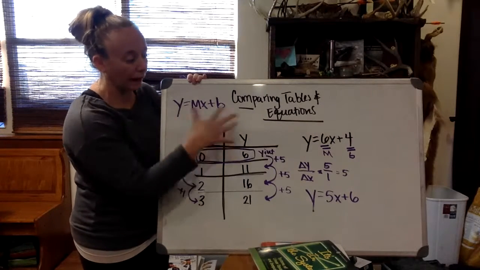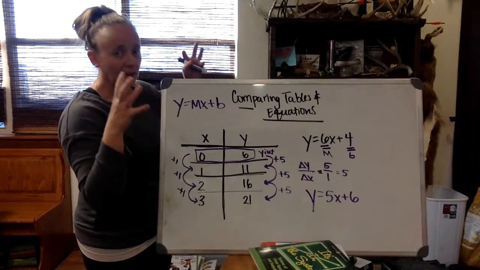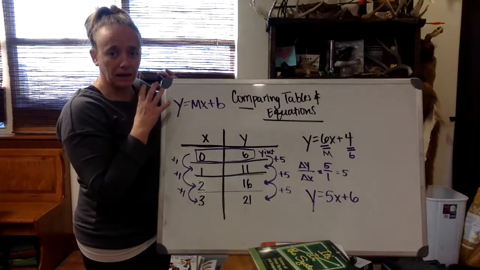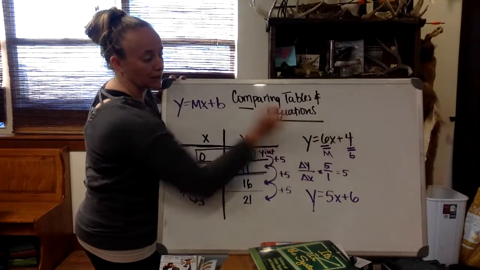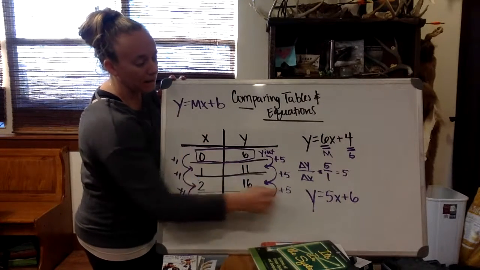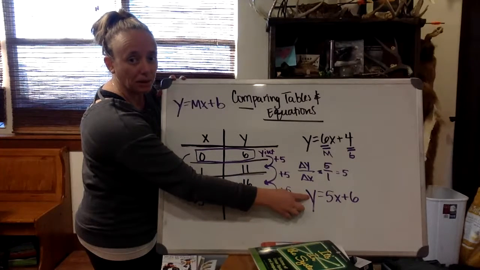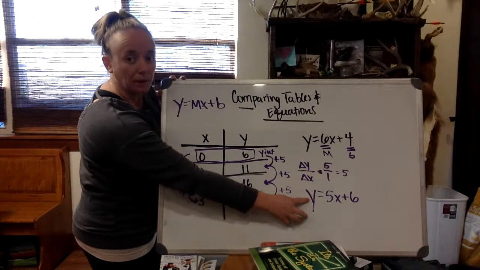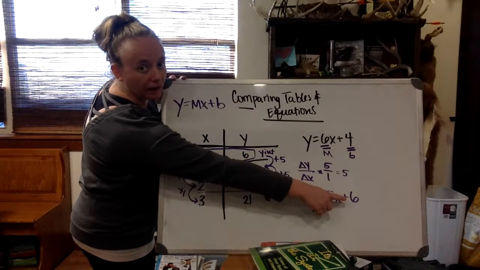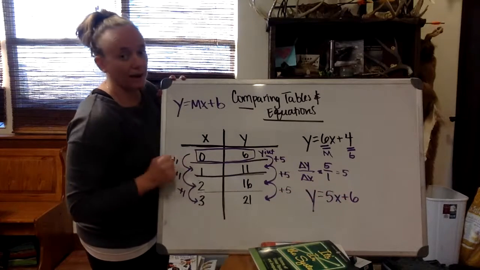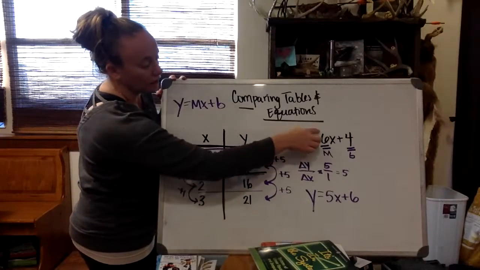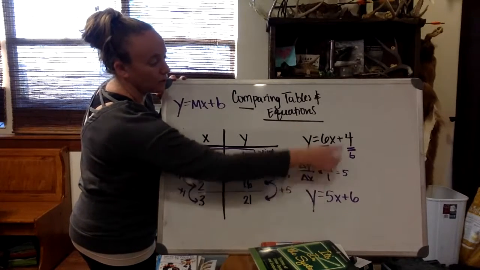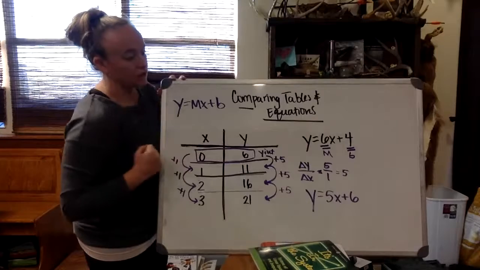So if this were a tile guy situation, if I kept the amount of hours that I needed him to work very small, maybe this would be cheaper because he has a lower base rate to start out with. But most likely, if I have somebody working for longer, this would be a better option because while he has a higher base rate, the rate that he charges per hour is less. Either way, we can look at these rates or slopes versus where we start in each of these